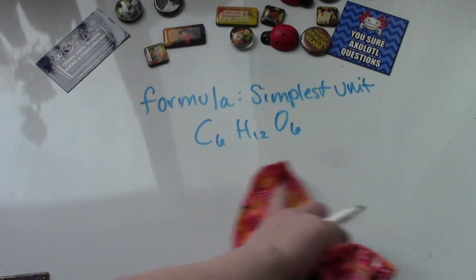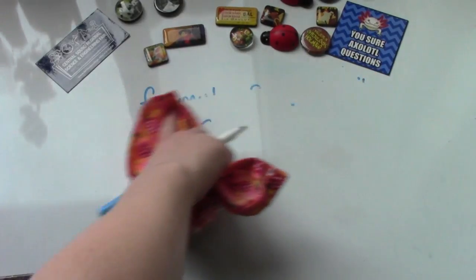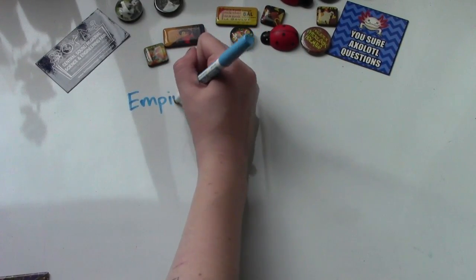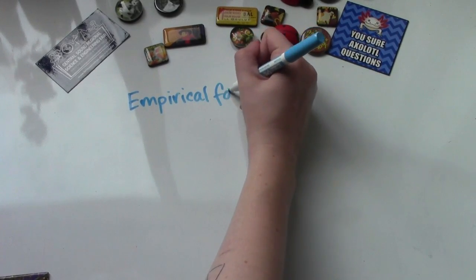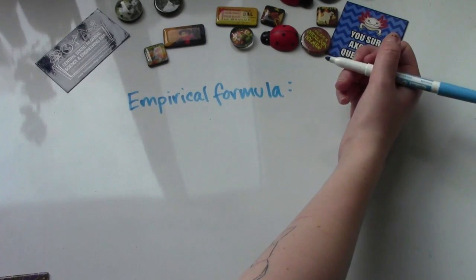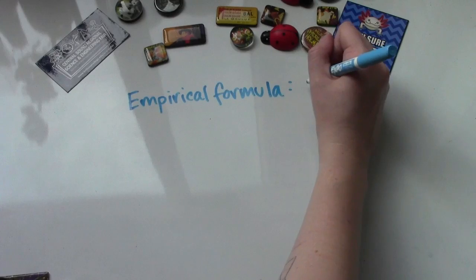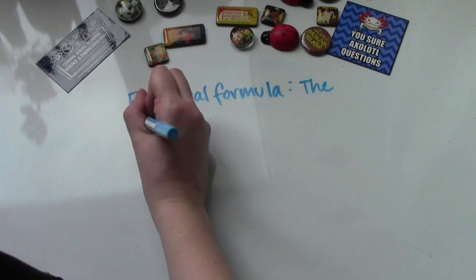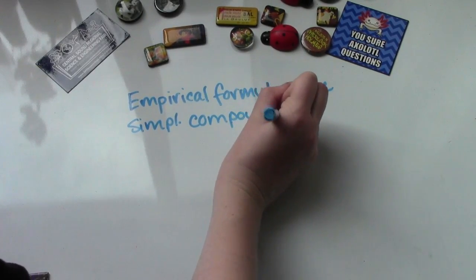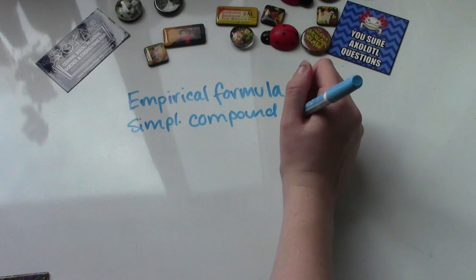But there are a couple types of formulas you can use when working with compounds, and depending on what you're doing, it'll reflect which kind of formulas you're using, or in the case of a chemistry classroom, which formulas you might be finding. So the first one is called an empirical formula. Empirical formula. You see this a lot with combustion reactions, limiting reactants, stoichiometry, stuff like that. And that is the simplest representation of your compound, divided by